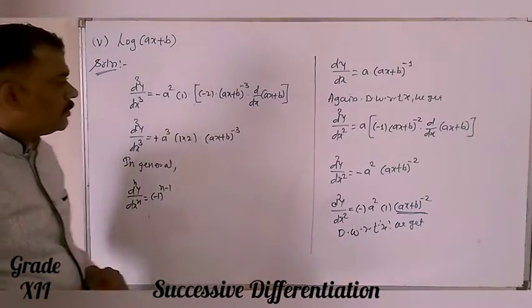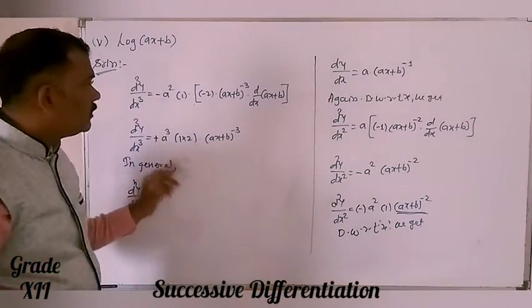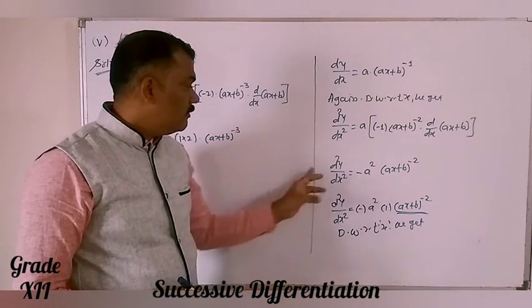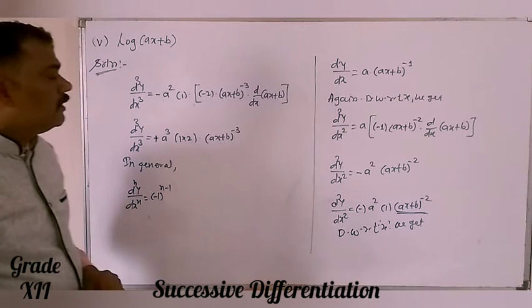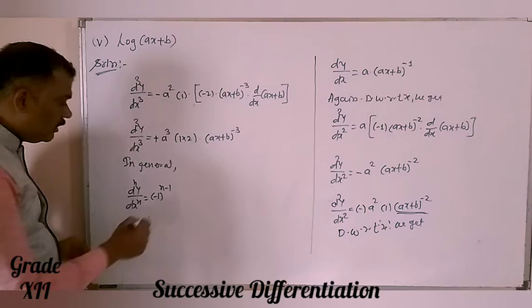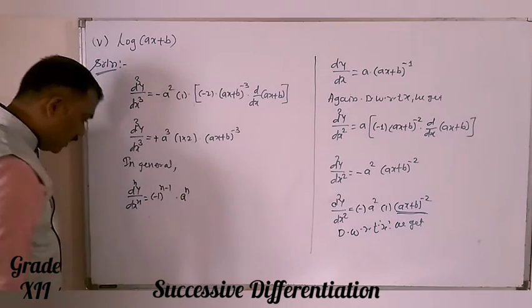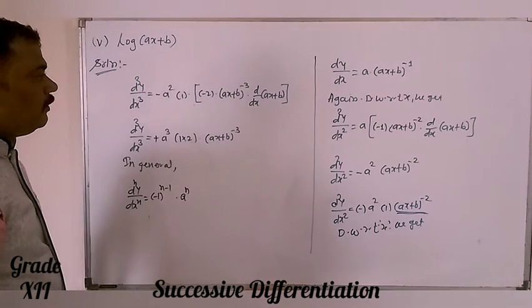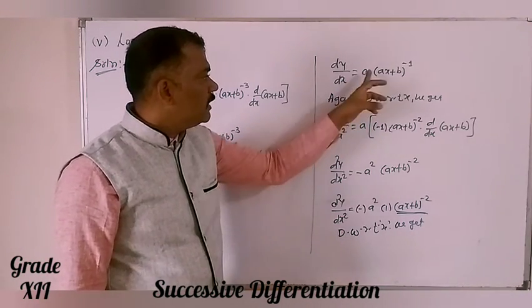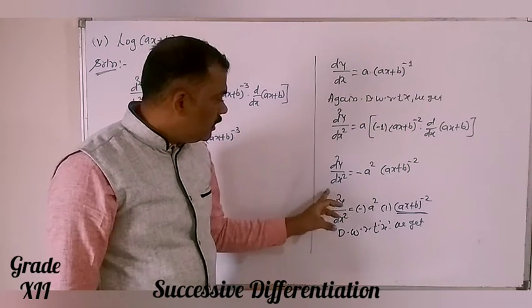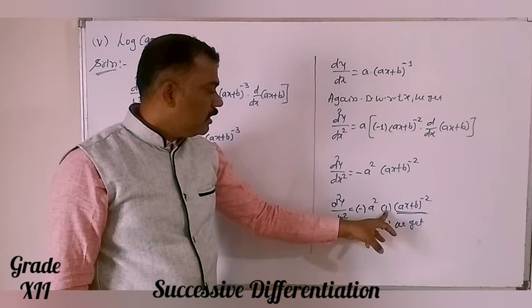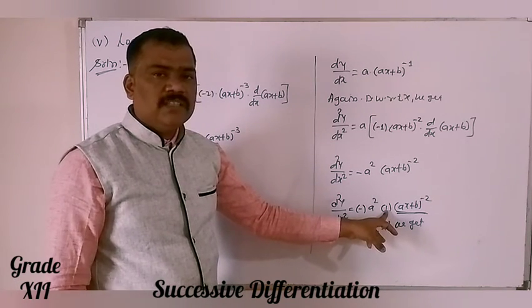After that we have to observe the coefficient, that is a square, a raised to 3. For first order derivative the power of a is 1, for second order derivative the power of a is 2, for third order derivative the power of a is nothing but 3, for nth order derivative the power of a is nothing but n, so that a raised to n. Now we have to observe that here this one coefficient is there, that one can be written as 0 factorial. Here I will write 1, so that this can be written as 1 factorial, which is nothing but 1.